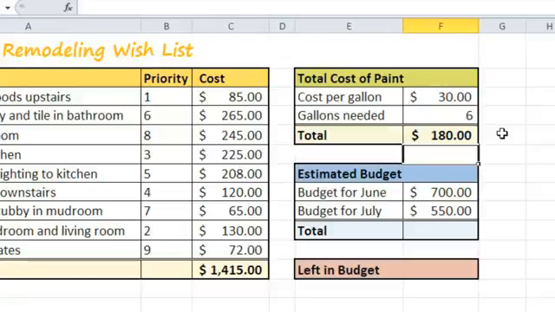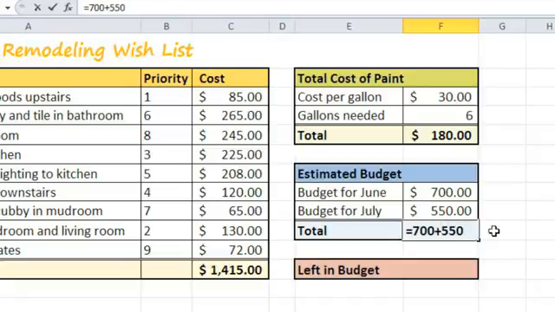Another way to create formulas is to use cell references. A cell reference is when your formula contains cell addresses like F8 or F9 instead of the numbers in those cells. Let's give it a try on the total estimated budget. Rather than calculating 700 plus 550, the values in cells F8 and F9, we'll write the formula this way: F8 plus F9. That totals the numbers in F8 and F9, whether you leave the budget at 700 and 550 or